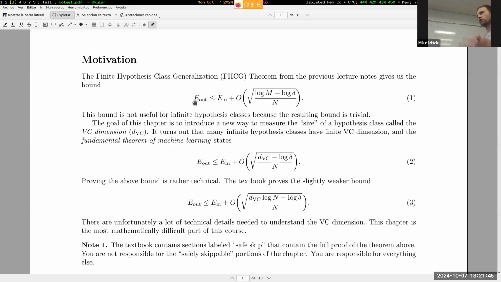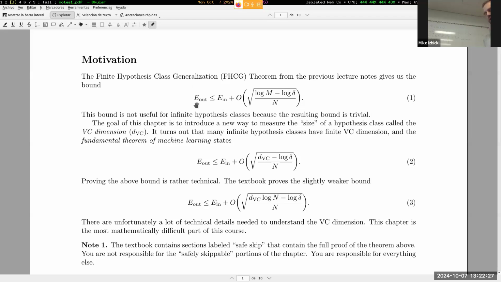Again, the E out is based on the true distribution of the data, something that we do not know and we can't know in principle. So it is never possible to directly measure our out of sample error E out. The in sample error E in, that is something that we can measure, we have access to. The vast majority of machine learning algorithms directly compute the in-sample error as they are learning. But even if an algorithm doesn't directly compute the in-sample error, that's something that is still easy for us to mechanically calculate. And so knowing the in-sample error and knowing a bound like this, we can have some sort of result